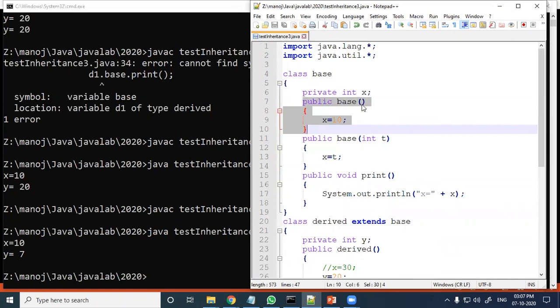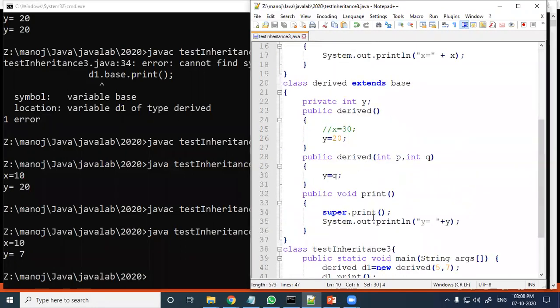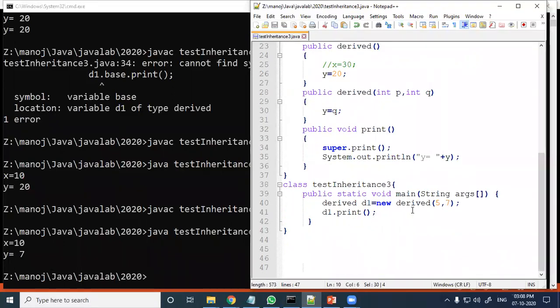That means it automatically called this one, not the other. So x is assigned 10, which means x is 10, y is 7.